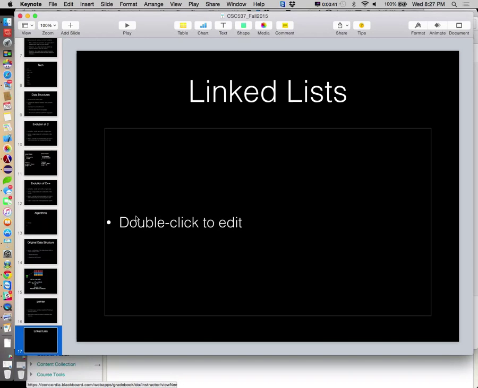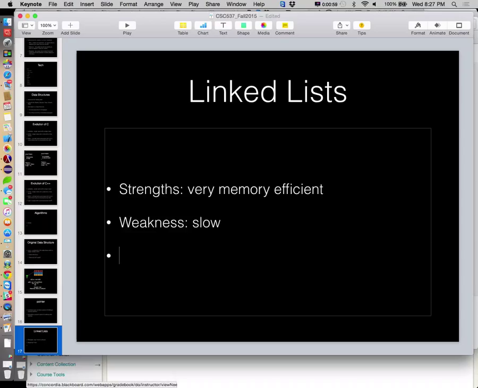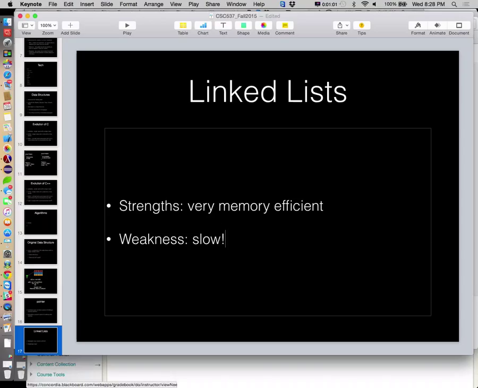And one of the things that we might look at is linked lists, so let's talk about some features. Linked list strengths: very memory efficient. Weakness: slow. Again, relatively speaking. Computers are really fast, okay?